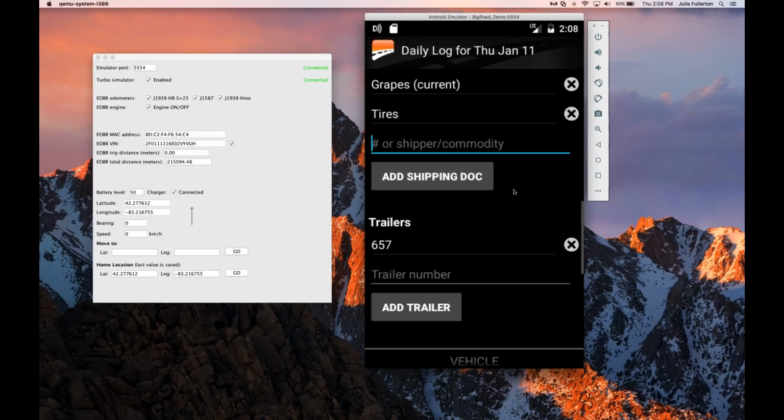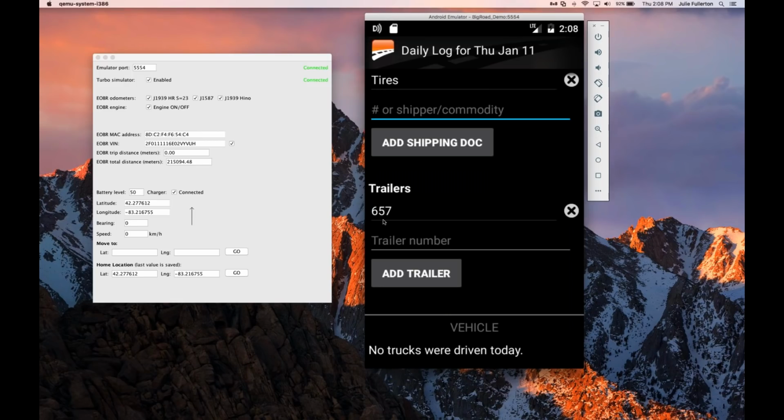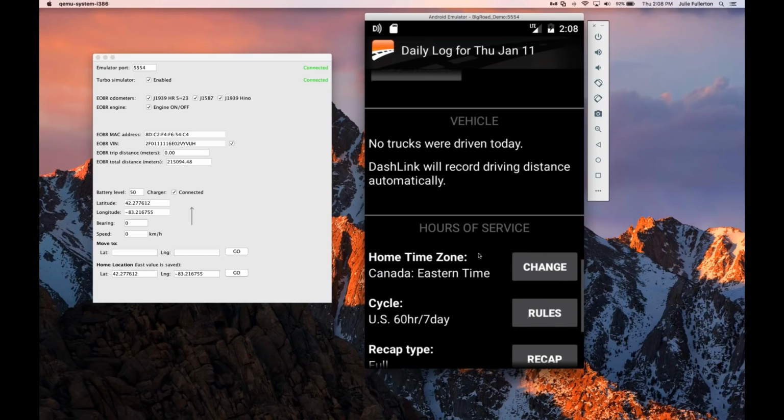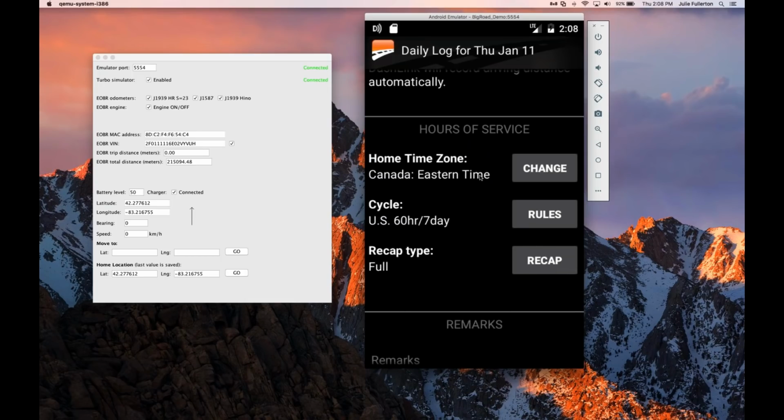Next, trailer information. The system will remember any trailers that you've entered in from your previous day. If you need to add a new number, just type it in here and select add trailer. Scrolling down, drivers have the ability to change their time zones, their duty cycles, or to turn off their recap